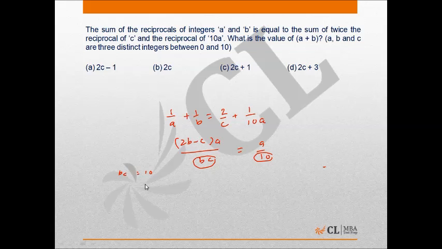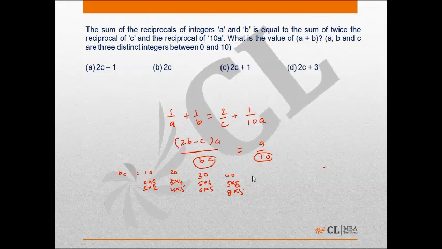When bc is 10, it can be written as 2 into 5 or 5 into 2. It means bc can assume a value of 10. On checking for 20, which can be written as 5 into 4 or 4 into 5, which is also possible. Similarly 30, 5 into 6, 6 into 5, 40, 5 into 8, 8 into 5. But values of